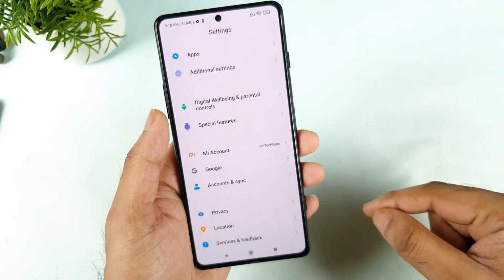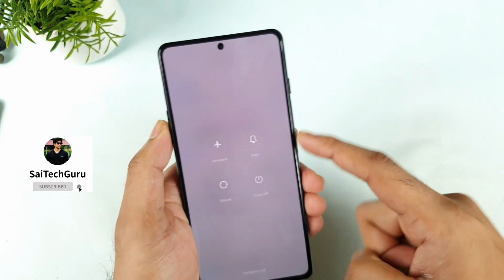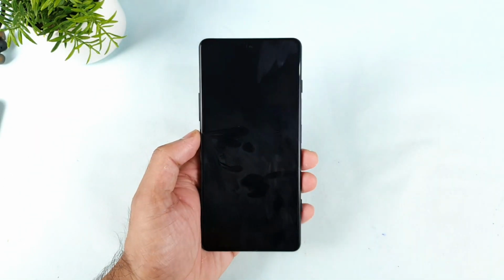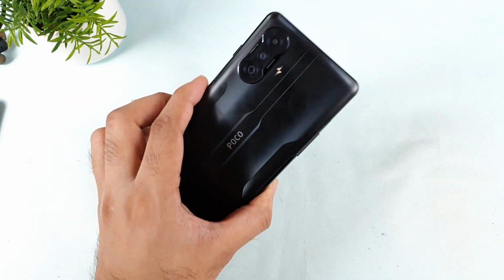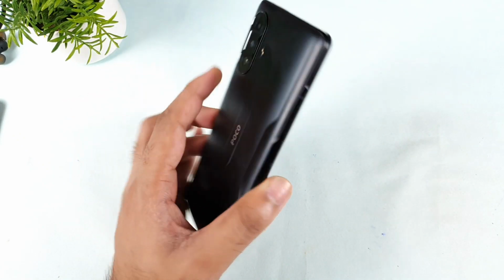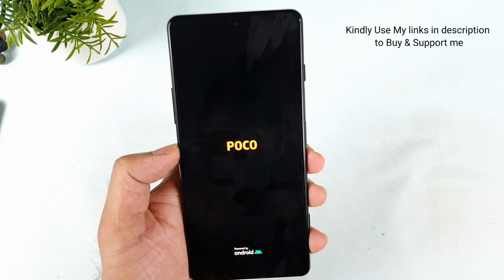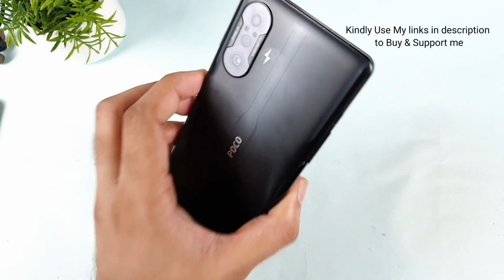So right now in this case, if the bottom speaker is not working, you need to just restart the phone. That's it. Yes, so once try to reboot the device. After the reboot, the problem will be fixed completely in the POCO F3 GT. Even I did experience this kind of issue one time in the beginning, but later on I forgot to make a video on that particular topic. So I did try to reboot the device and the problem got completely solved in the POCO F3 GT device without any kind of issues.